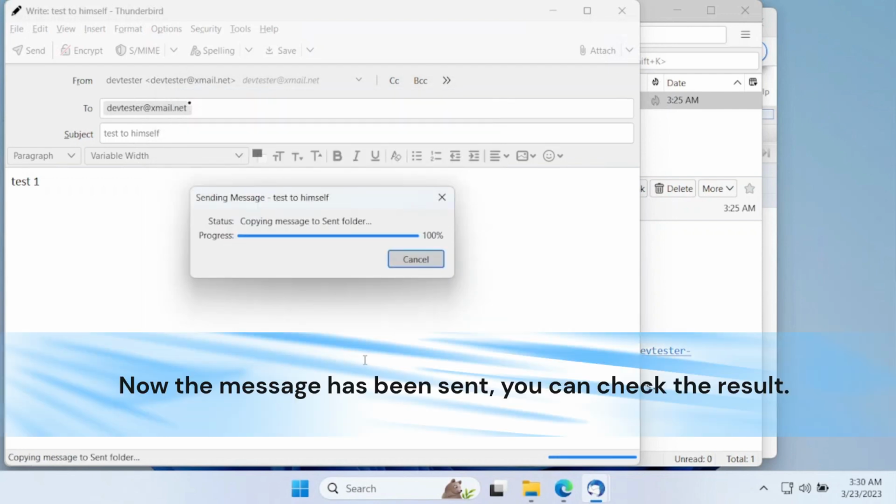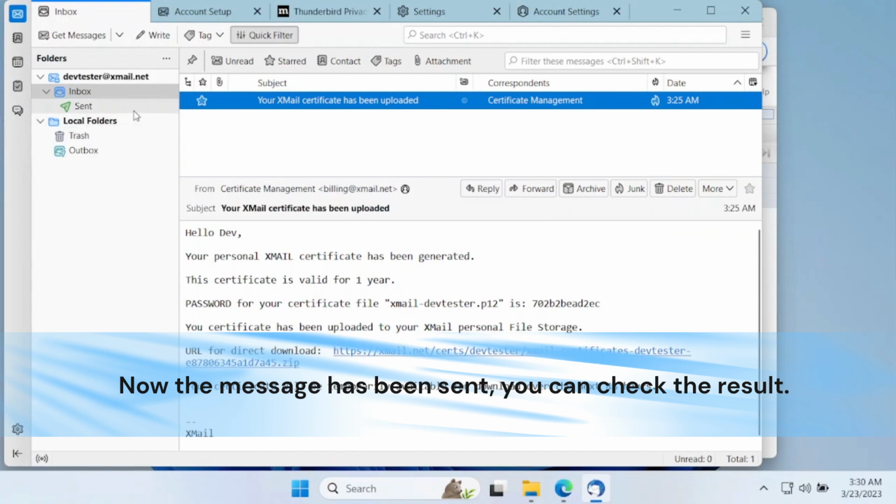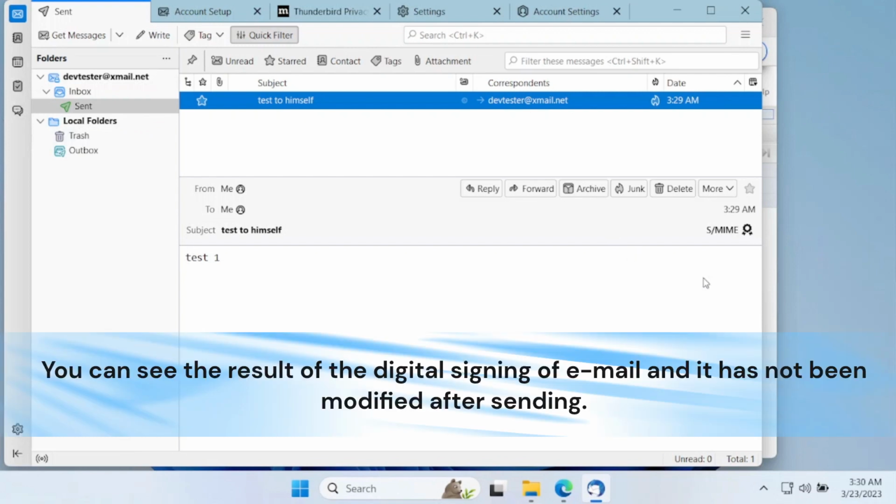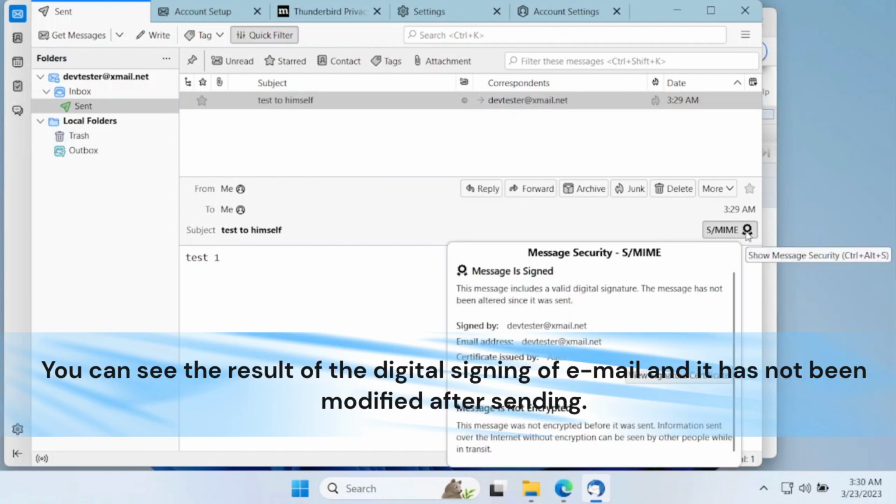Now the message has been sent, you can check the result. You can see the result of the digital signing of the email, and that it has not been modified after sending.